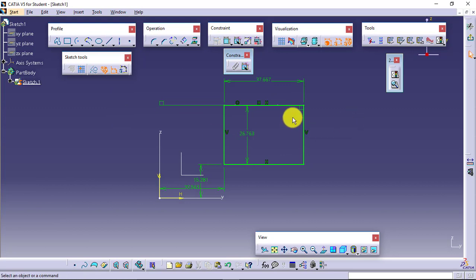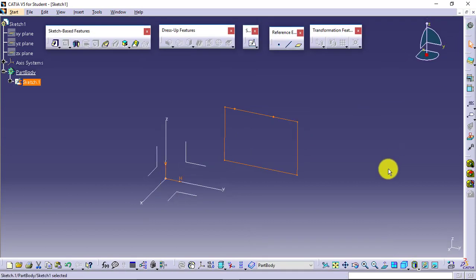Again I will check the status of the sketch, whether it is fully constrained or not, and then I will exit from the environment. Now I know that my sketch is not fully constrained. Also, you will be able to see black dots over here once you exit from the sketcher environment. These black dots also show that your sketch is actually an open loop. From these black dots you have to resolve it. This is a method of visually inspecting your sketch. Just exit from the sketcher environment, and if you are able to see any black dot in your sketch, then it shows your sketch is open.